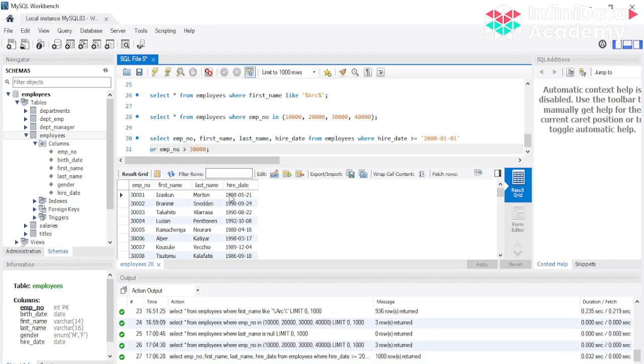So as you can see here hire date is basically 1988. So this condition is false in this case, but इसका employee number is greater than 30,000. That means ये condition true हो गई. So this particular row will be present in our result set output,